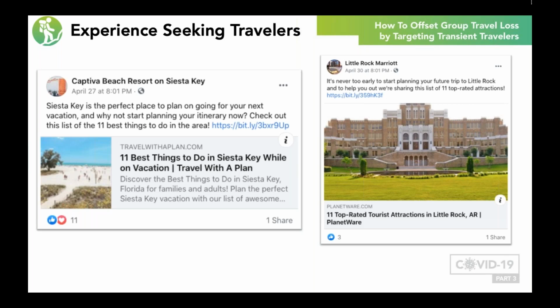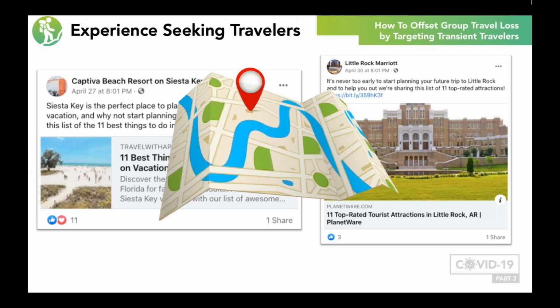Now, it's also important to identify if your hotel is the destination or is on the way to the destination. Your location might be the perfect in-between between two major markets or the ideal stopping point on the way to the beach. That type of traveler could be looking for a completely different type of social media post, so keep that in mind when you're fine-tuning your hotel's social strategy.